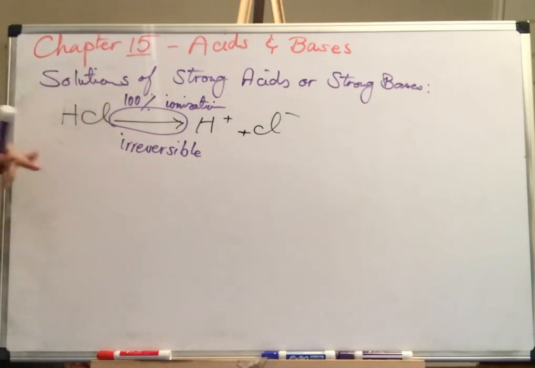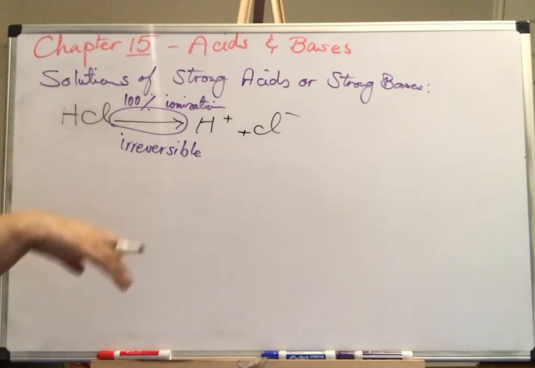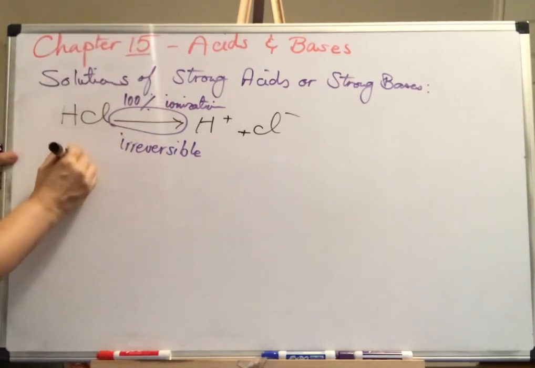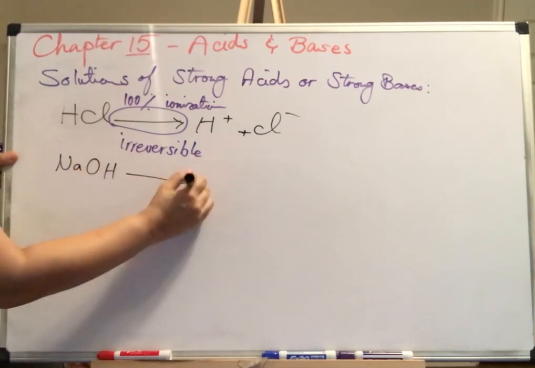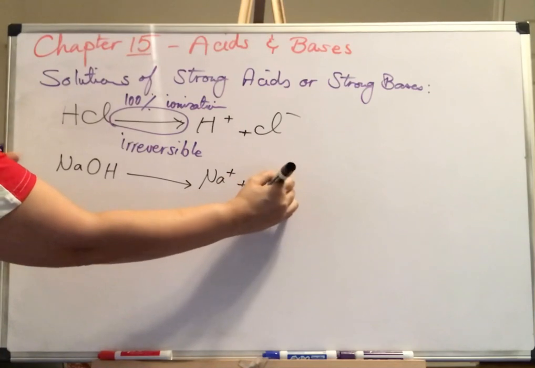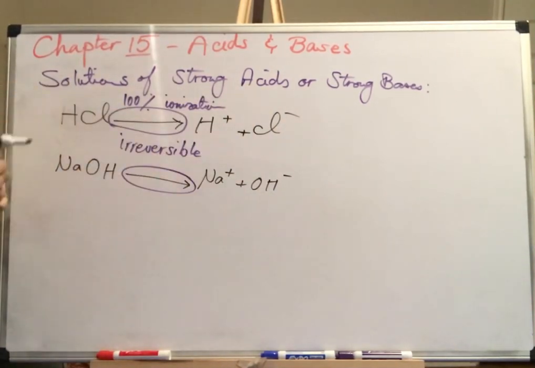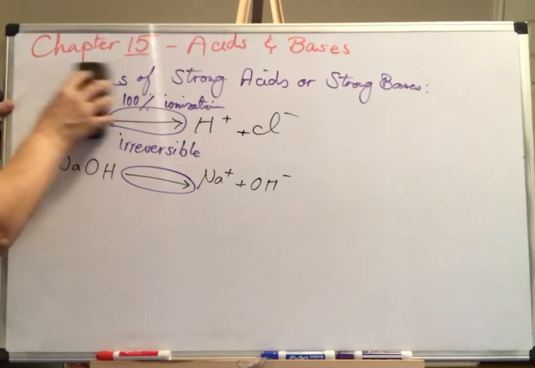Because we need this to work on the stoichiometry of these calculations, we work on a strong acid or base. It's the same thing for a strong base, NaOH. Again, you see an irreversible sign. We're not working with the solutions which are in equilibrium. All right, so we are going to work on